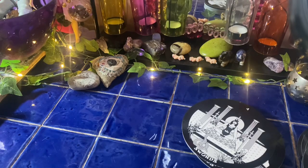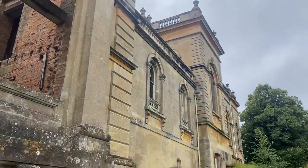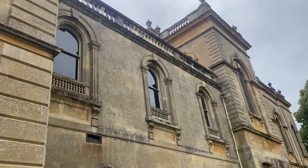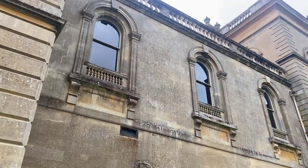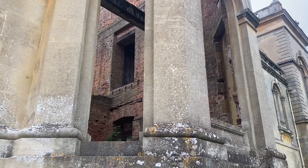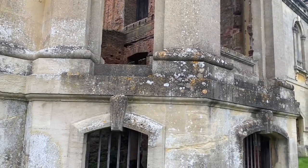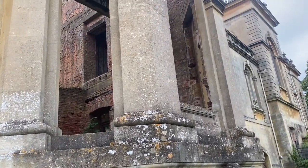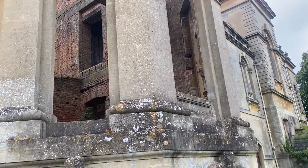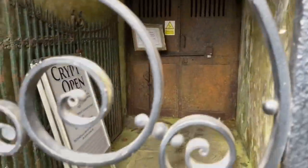So when walking to the church, which is joined on, it's literally joined on where those windows where the ghost is seen walking. Either side of those windows, there used to be a door that opened into the church, which is now sealed shut, and the other side of the windows there is this drop down that you can see here, but that's joined to the church. But underneath the church there is the family crypt, which was closed when we went,